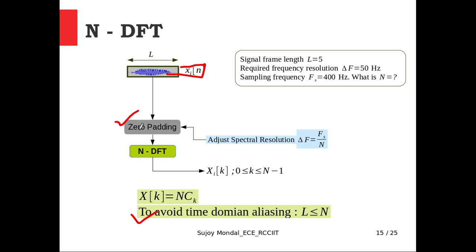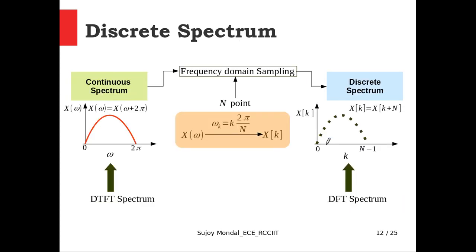So what it effectively does is adjust the spectral resolution. The zero padding technique can adjust spectral resolution, and the resolution is measured in terms of delta F. What is this delta F? Delta F equals the sampling frequency in Hertz divided by the number of sample points in the spectral sampling. So if we go back to the slide of spectral sampling, what is delta F? Delta F is the amount in Hertz which corresponds to this particular small distance in the discrete spectrum. That means if we increase the k value by 1 or decrease the k value by 1, how much frequency shift in the Hertz scale? That is called